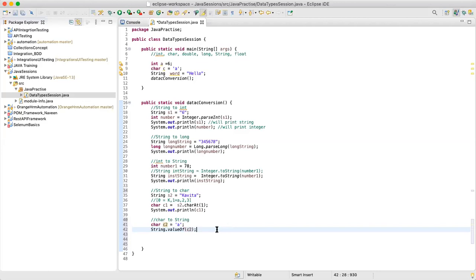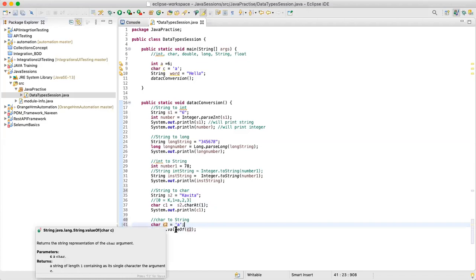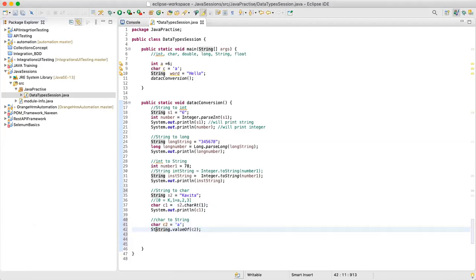Yeah. So we have this character. So we are trying to convert character to string. Okay. So we have character C2. Now we have used the String class and we have used a method called valueOf. This is returning you a string. Okay. So you'll have to store it somewhere, right?